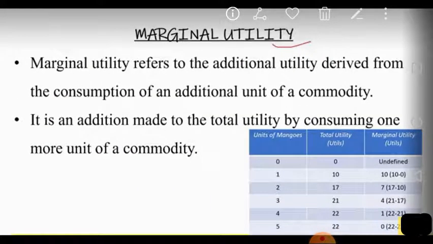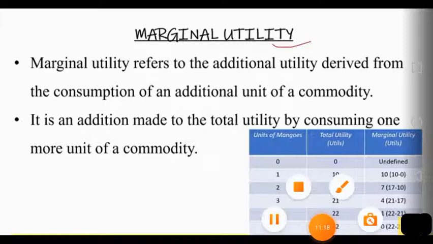The next term is marginal utility. What is it? Marginal utility refers to the additional utility derived from the consumption of an additional unit of a commodity. That means whenever we use one more unit, we get additional utility, and that utility is called marginal utility. It is an addition made to the total utility by consuming one more unit of the commodity. जब भी हम एक एक्स्ट्रा यूनिट को कंज्यूम करेंगे तो जो एक्स्ट्रा सेटिस्फैक्शन मिलेगा